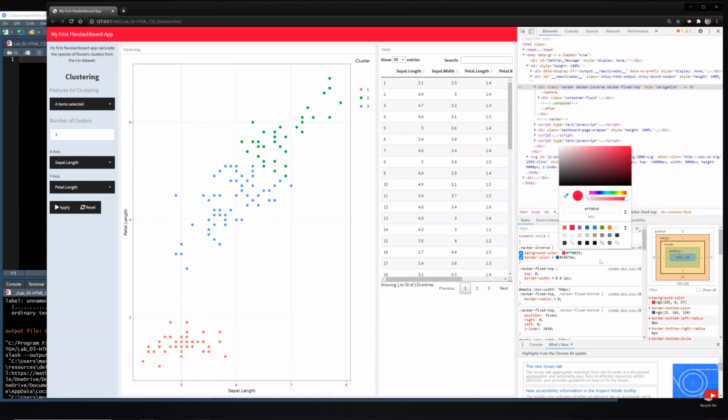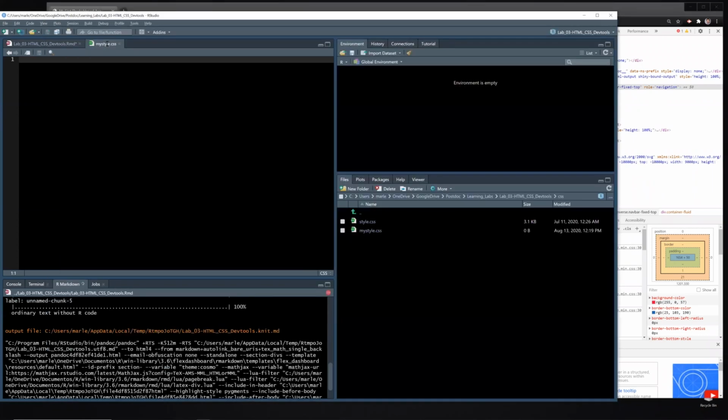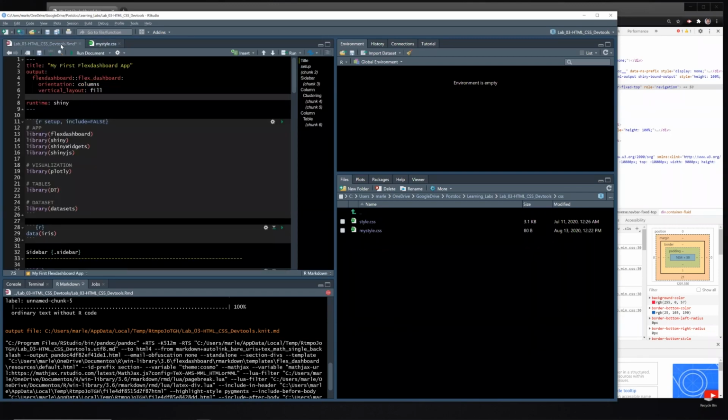So if you want to change in your CSS file, then you can just copy here, Ctrl+C, and go to your CSS file that you just created and paste. So now you have something that's going to change your navbar. But we created the file in here, I save it. Now we have to save all the time, but we are not calling it in our